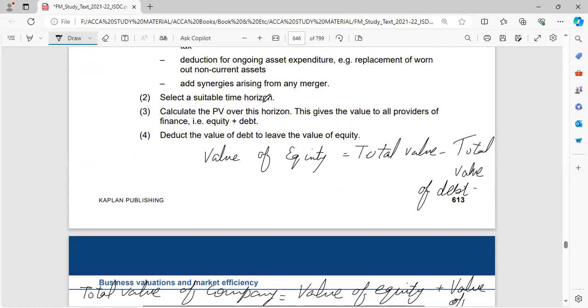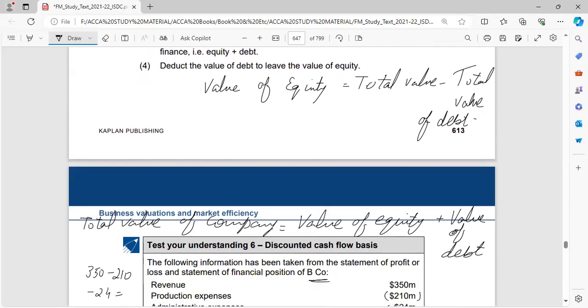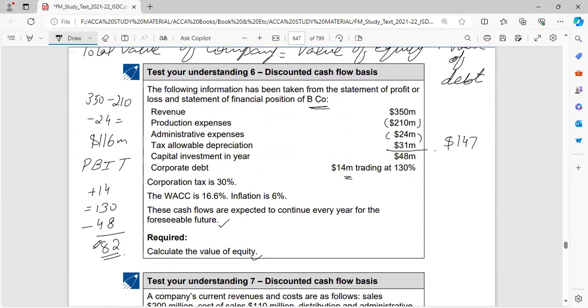Select the suitable time horizon, calculate present value. This gives the value of all the providers. Deduct the value of debt. Okay. So now you have the profitability. It is multiplied by 1 plus growth rate divided by WACC minus growth rate. So if I